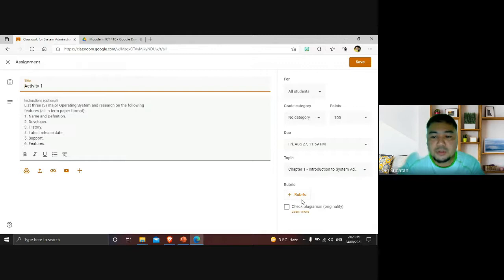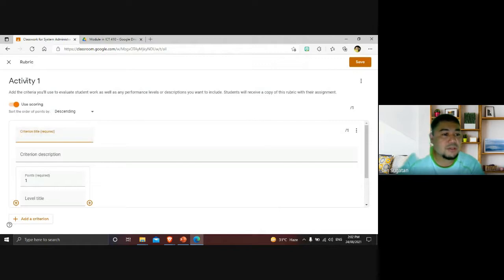If you want to put a rubric, you just select a rubric para automatic makagrade ka. Kung first time, you can create the rubric. Pero kung second time, guys, pwede niyo magamit ang rubric ng obra ninyo karang una. So, matry kita mag-create ka rubric lang, no? Ang naton is